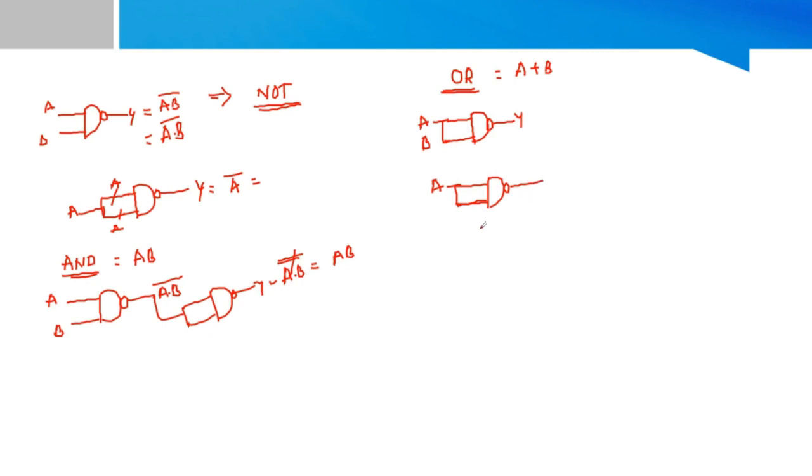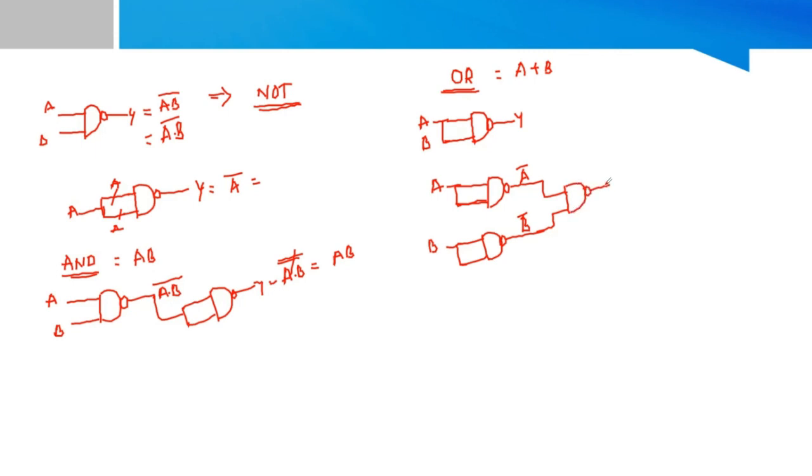This will be A. Use another for B. These both will be shorted and this will be B. So here the outputs will be A bar and B bar. Give these two inputs to the